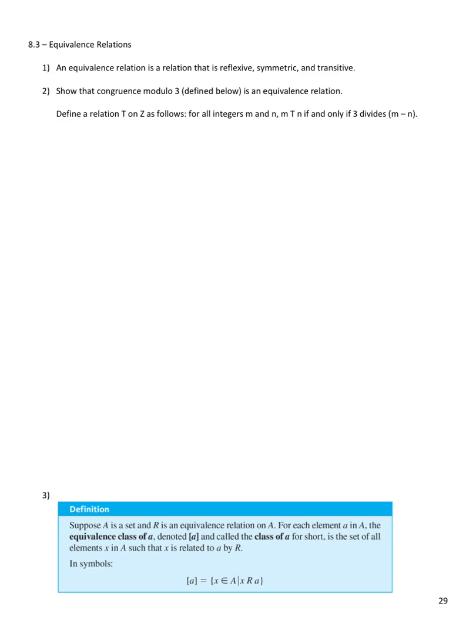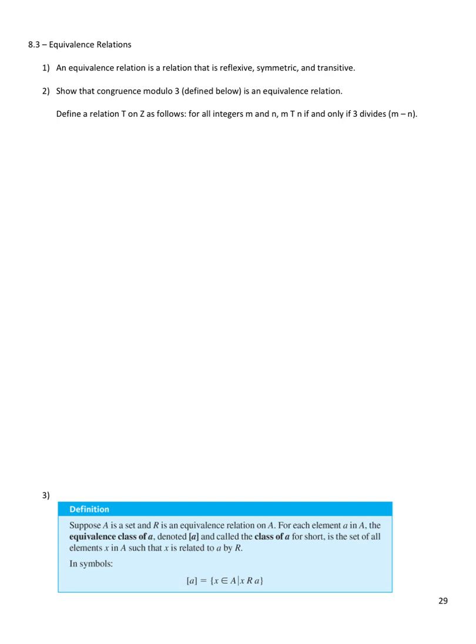Welcome to CSC 201, Lesson 8.3, Equivalence Relations. An equivalence relation is a relation that is reflexive, symmetric, and transitive. If you satisfy all three, you're called an equivalence relation. So I want to show that congruence mod 3, mod is short for modulo, which I've defined below, is an